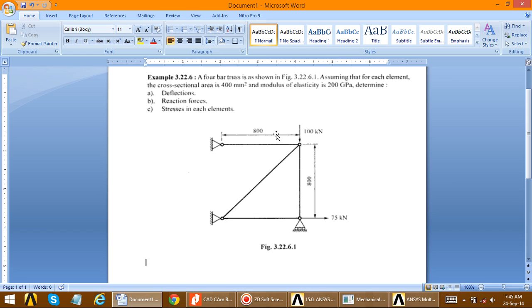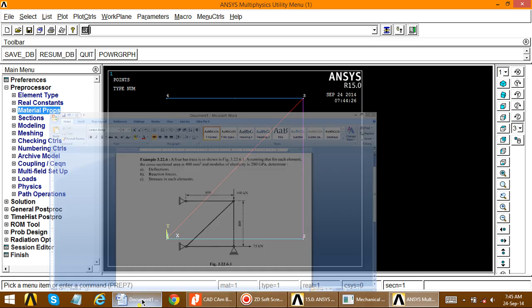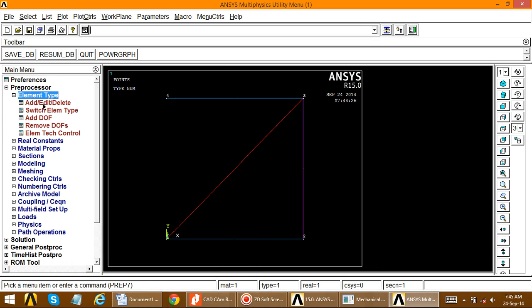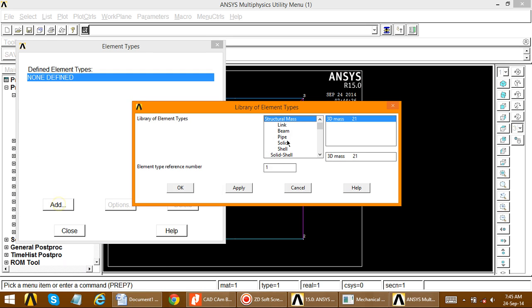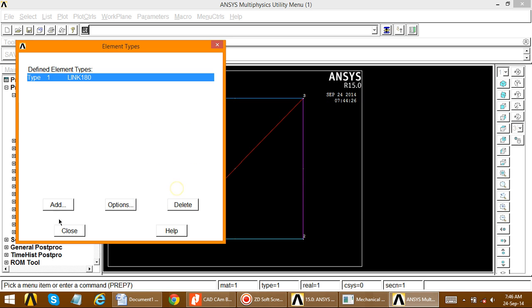Now we have to define the element type for the analysis of this 4-bar truss problem as shown in the figure. So go to element type, add/edit, add, because here none is defined. Go to add, link element, link 3D finite strain 180 element. Select this and OK.